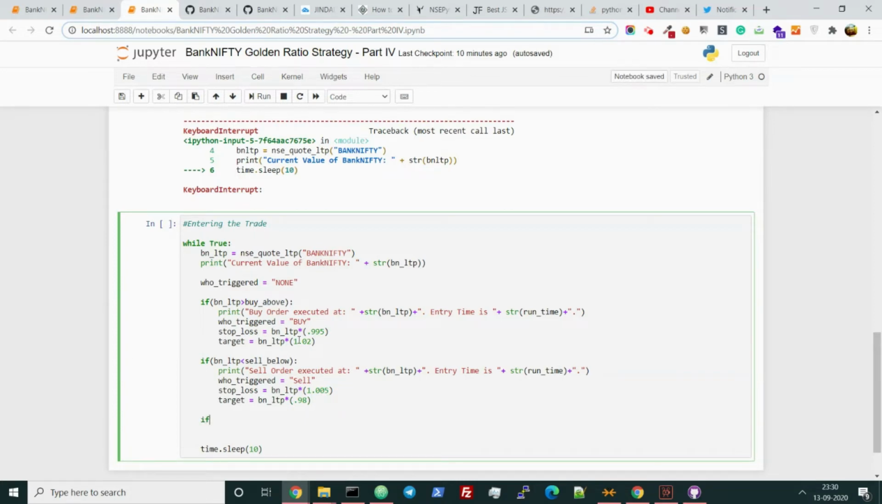So it will keep running, right? So whenever a buy or sell order is getting executed, our who triggered variable is not none. It is either buy or sell. So let's construct that. If who triggered is not none, which means it is either buy or sell,